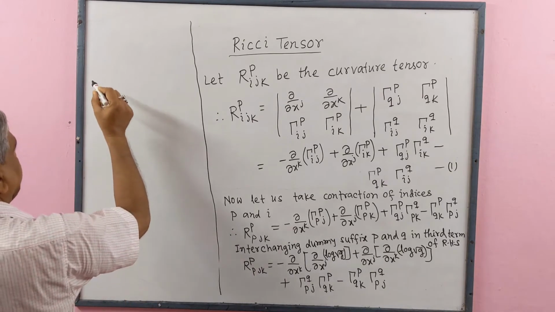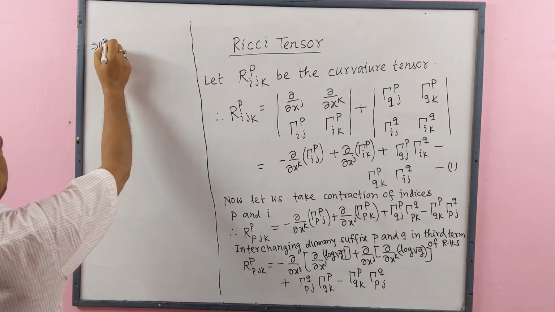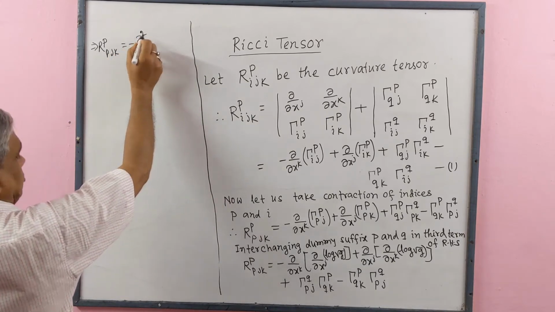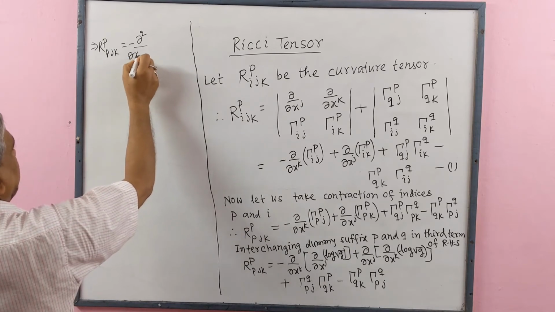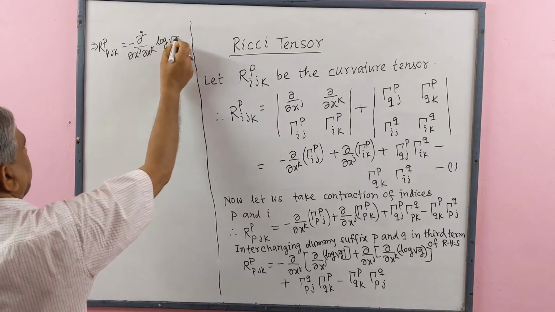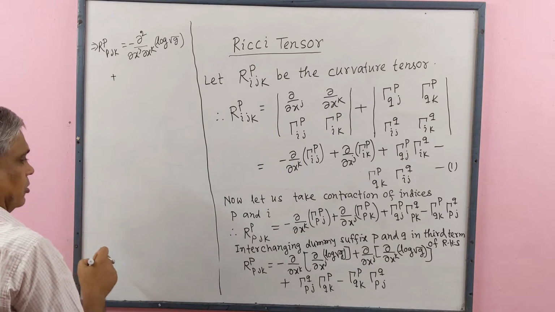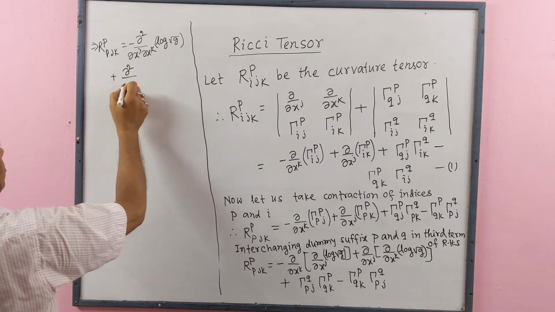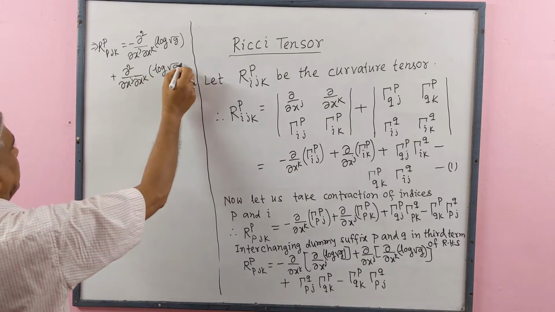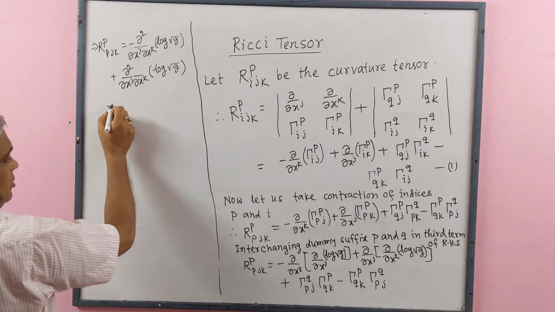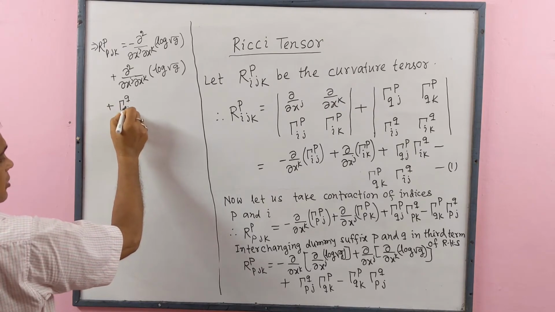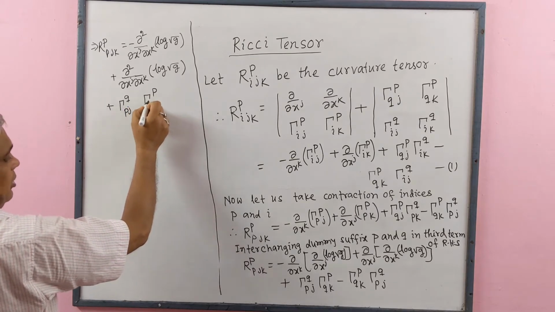So we get R^p_{pjk} equal to minus del 2 by del x^j del x^k of log square root g plus del 2 by del x^j del x^k of log square root g plus Christoffel symbol of second kind {q, pj} Christoffel symbol of second kind {p, qk}